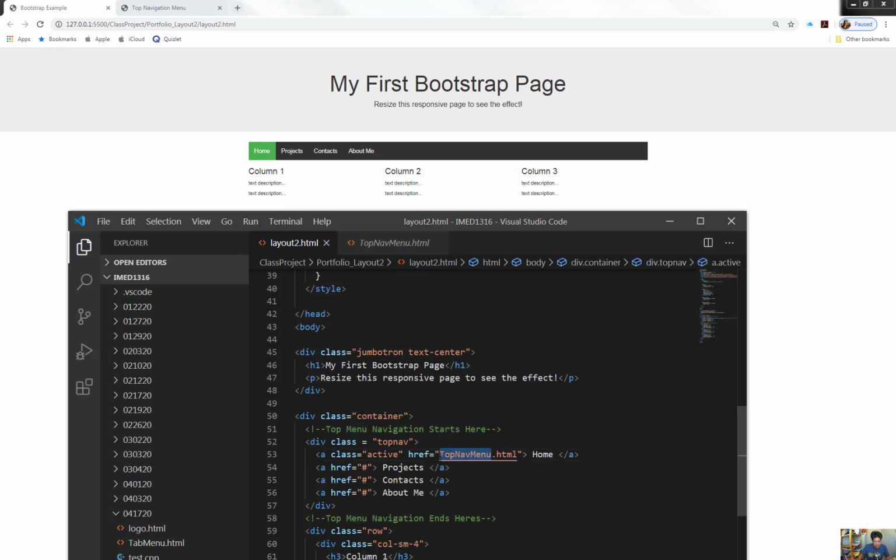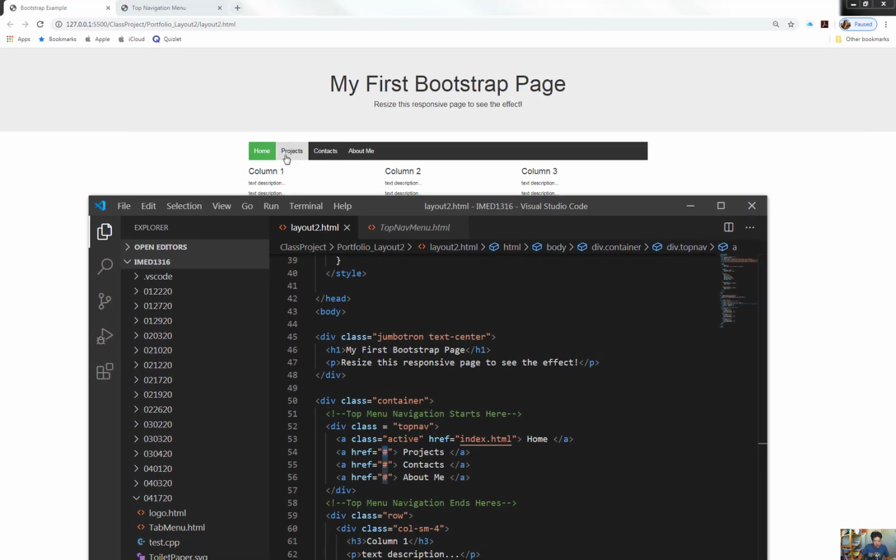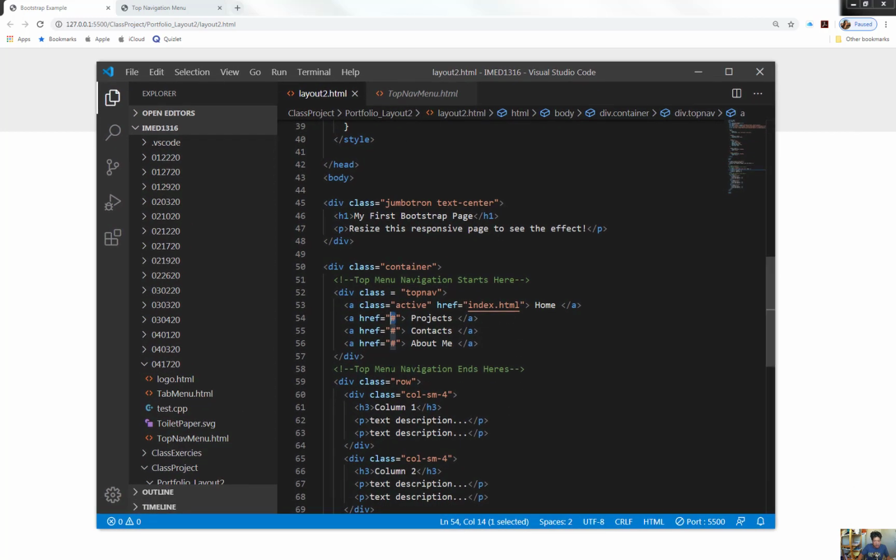So I'm going to change that top nav. This is my portfolio template. This is my template, so I'm going to keep this. I'm going to change this to index, home, whatever you want to call your first page. So that's the default page. Of course, inside of this right here, instead of the pound sign that I have, which is what happens when I click on it, I'm going to change that. What should I call that one? That should be called projects.html. I haven't created that yet, right? Replacing the pound sign, I'm going to do